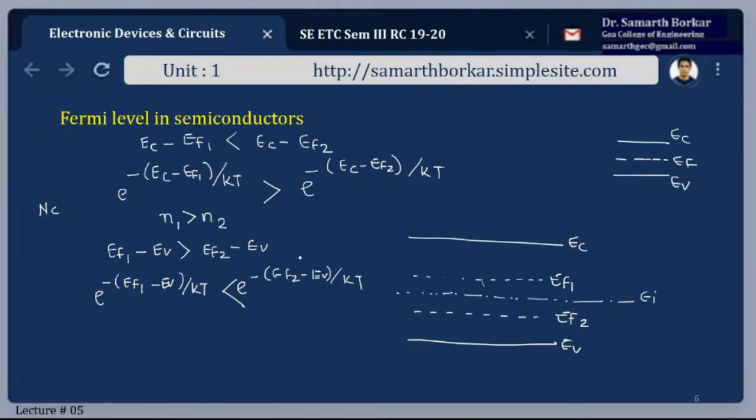Fine. So if I talk from the conduction band point of view, from the EC point of view, this clearly indicates that if we increase the Fermi energy level from EF1 to EF2, the electron concentration is basically decreasing. In other words, conversely, when the Fermi level is close to the conduction band, there will be more electrons. There's another way to explain this concept.